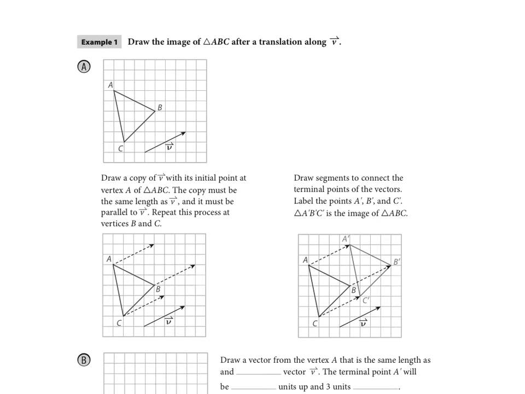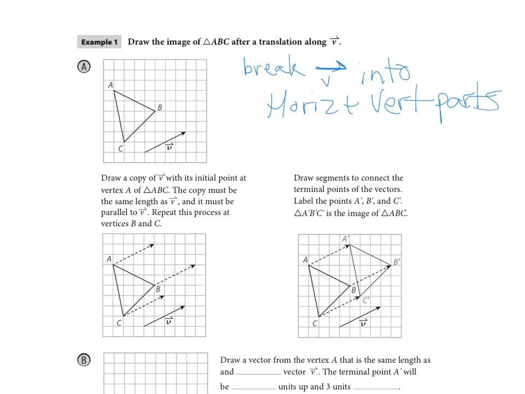So what you want to do is basically break down vector V, that's only supposed to have half an arrow to it, into horizontal and vertical parts. In other words, if you think of this vector as the hypotenuse of a right triangle, and we were to sketch in the right triangle that connected the beginning and end points of the vector, it would tell you the horizontal motion of this vector here,